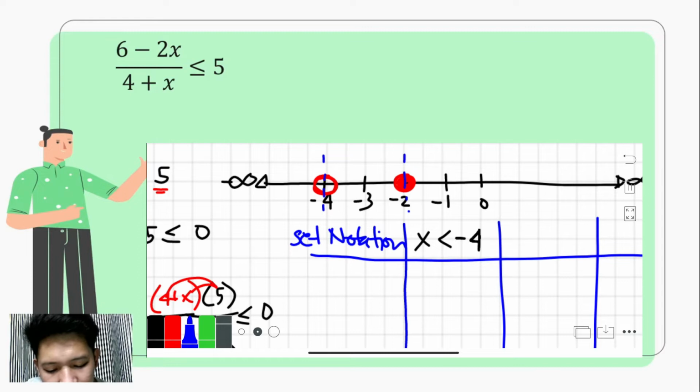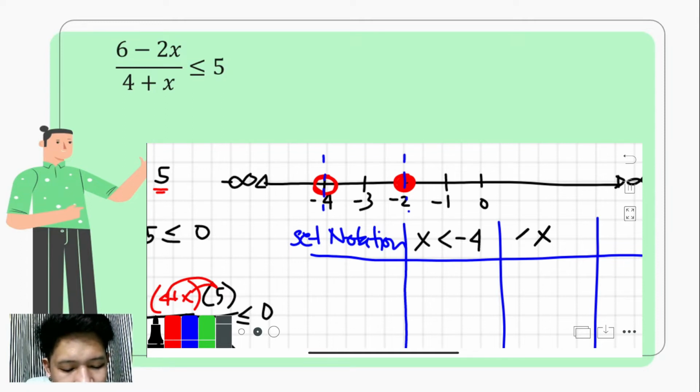And then we proceed to our next partition. I am talking about this partition. So we have x in between negative 4 and negative 2. If it is in between negative 4 and negative 2,